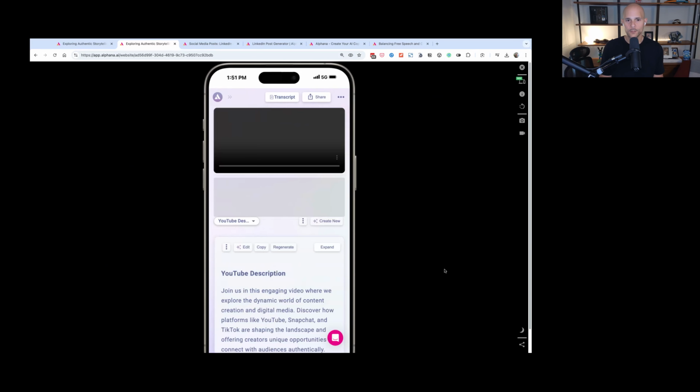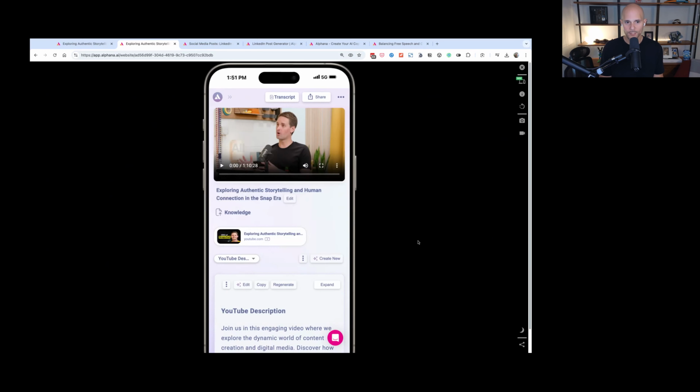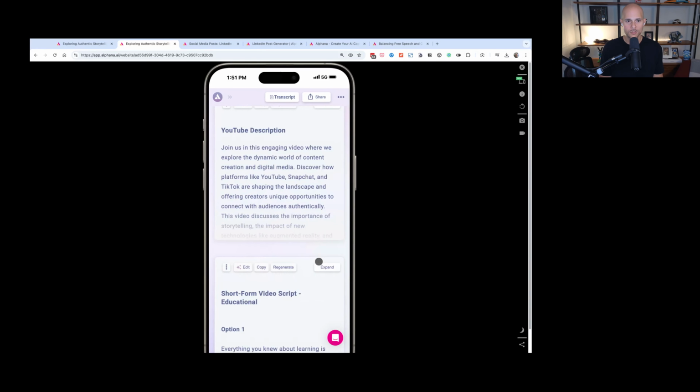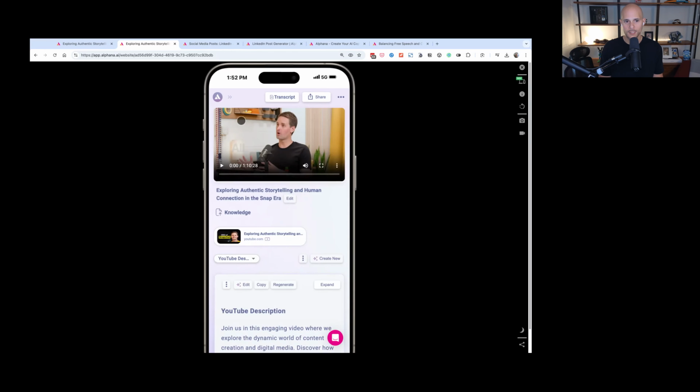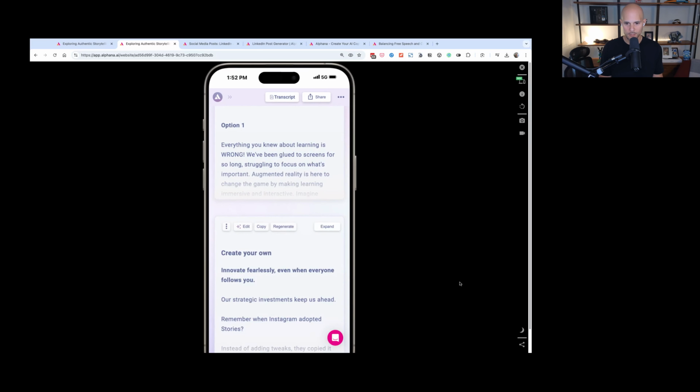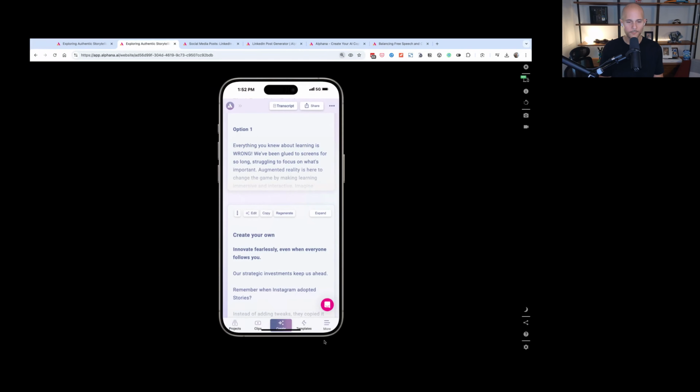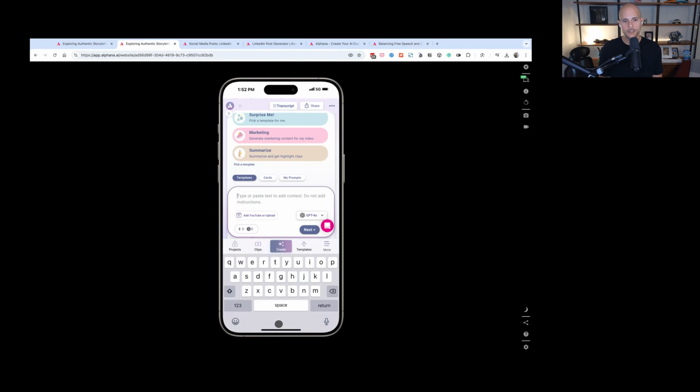So I'll show you a quick preview. If you're on the go or from your phone, you can just load it up in a web browser and everything is responsive. And so you can easily come in here and see all of the content that was generated and play all the videos, which my screen is blocking right now. There we go. You'll see down here, we have a nice little navigation bar, and I could click create. And from here, you can upload content from your device or YouTube.